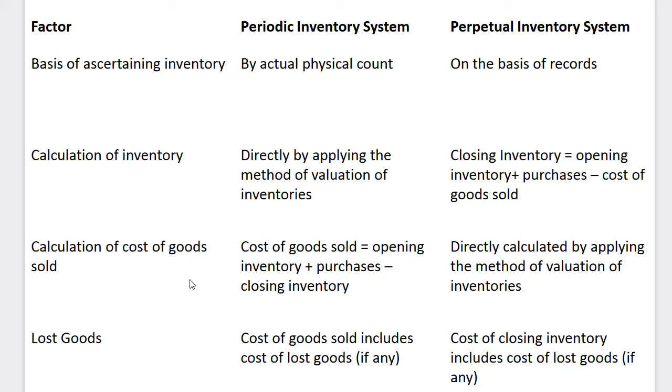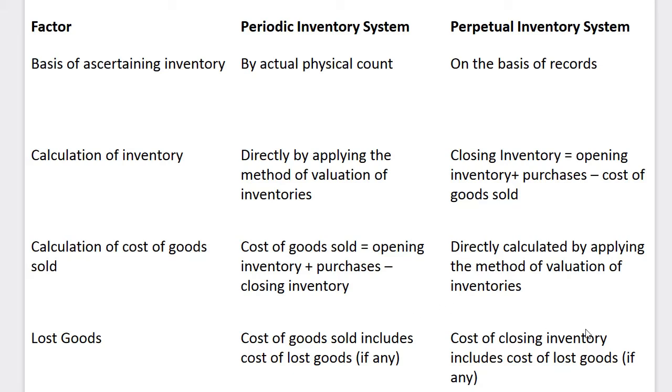Calculation of cost of goods sold. Yeah, this is really accounting, right? Cost of goods sold is equal to the opening inventory plus purchases minus closing inventory. So for perpetual, this is directly calculated by the method of valuation in inventories. If you look at perpetual inventory, this is the actual cost of goods, especially if you are using SAP